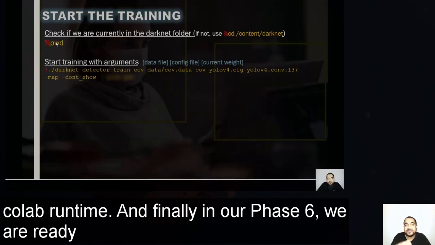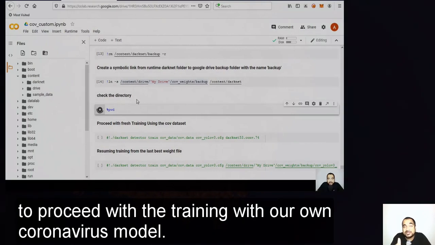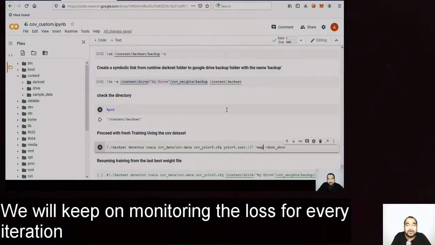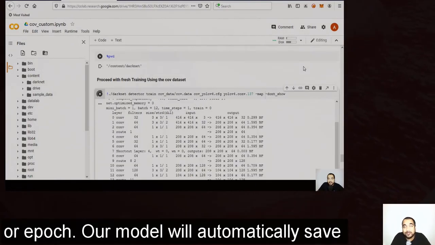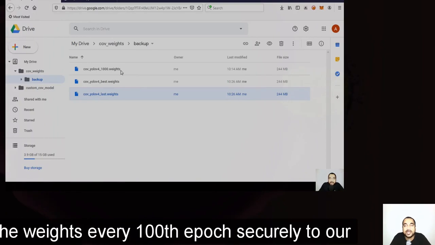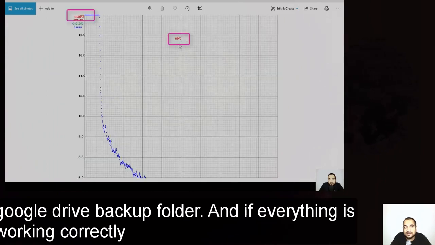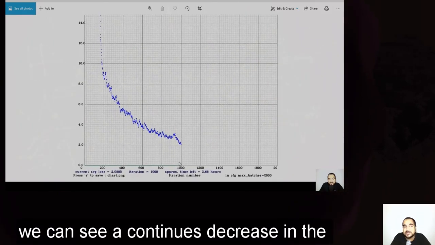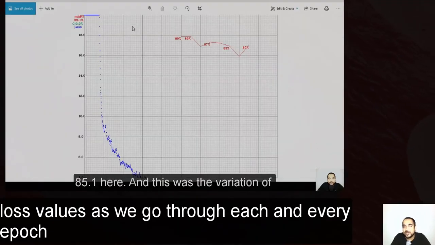And finally, in our phase 6, we are ready to proceed with the training with our own coronavirus model. We will keep on monitoring the loss for every iteration or epoch. Our model will automatically save the weights every 100th epoch securely to our Google Drive backup folder. And if everything is working correctly, we can see a continuous decrease in the loss values as we go through